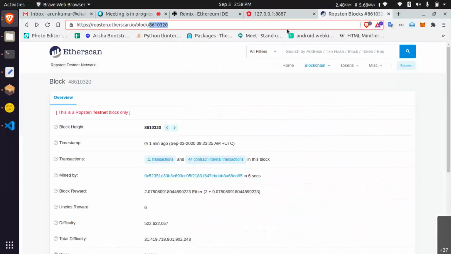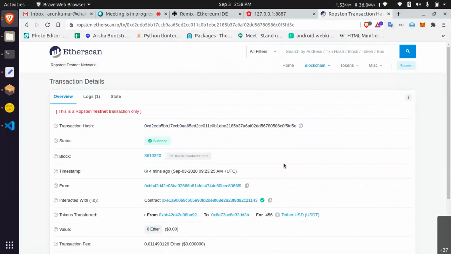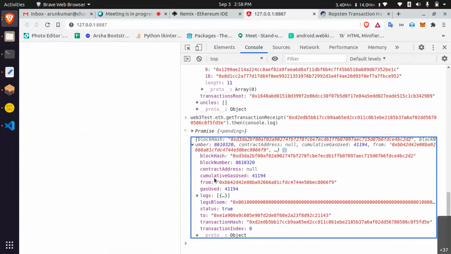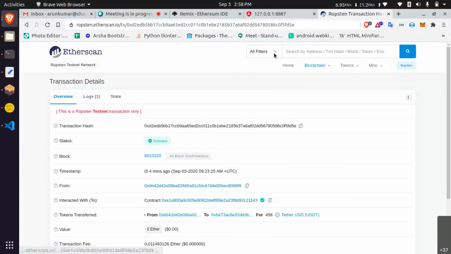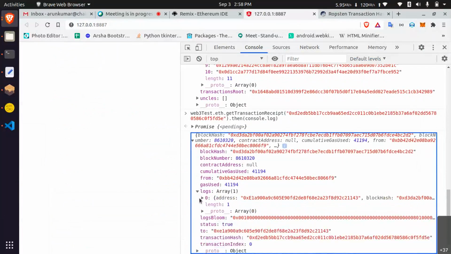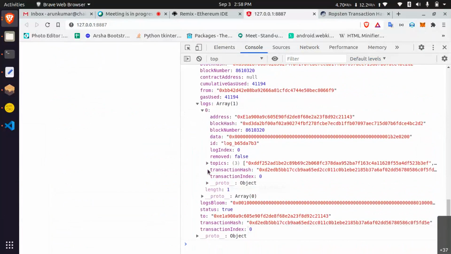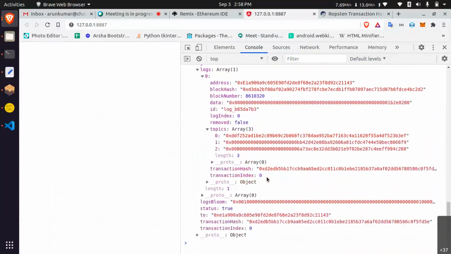If you open this transaction, you can see the block number, cumulative gas, contract address, all the details are there. The logs are also there. Okay, topics means these are events.